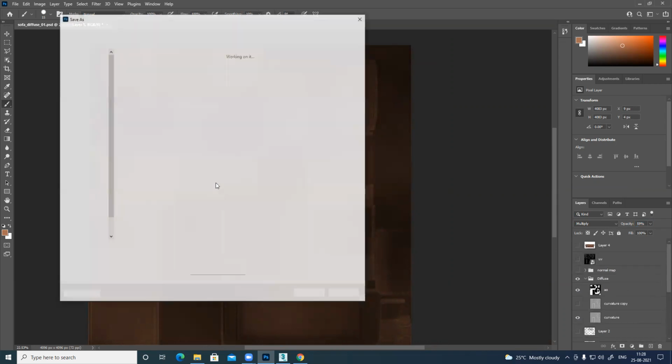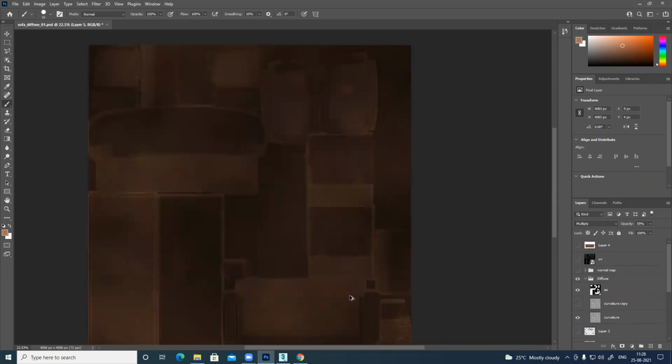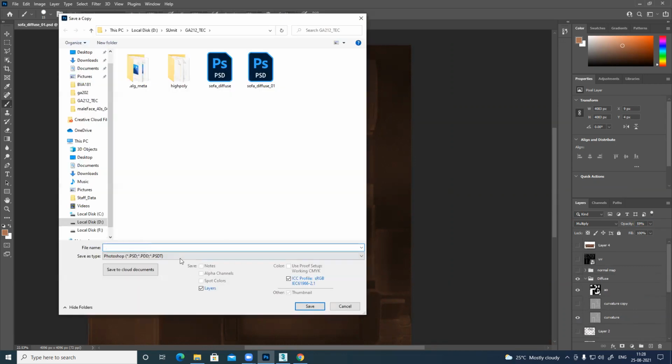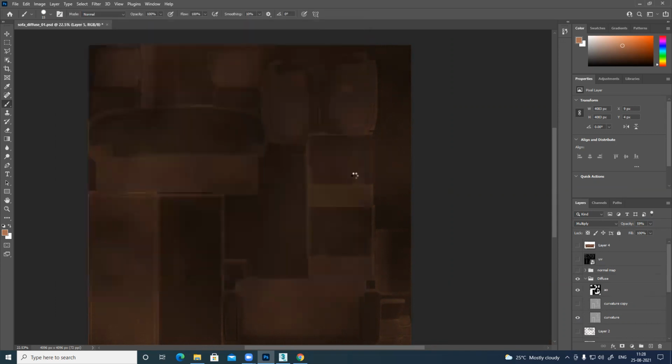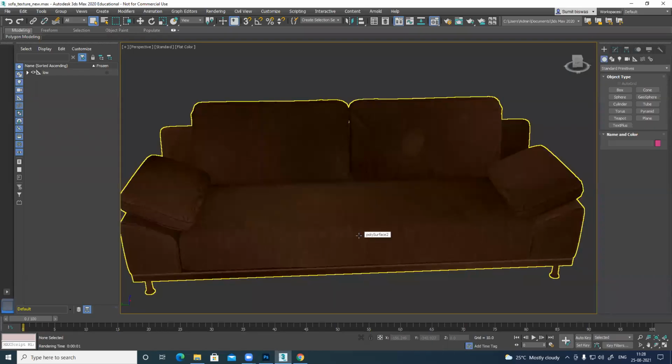So let's save it, again as the diffuse override. Every time I create something, I have to save, reload and check it. Because in the end, you have to check your 3D model, since that's your file output, not the Photoshop file.